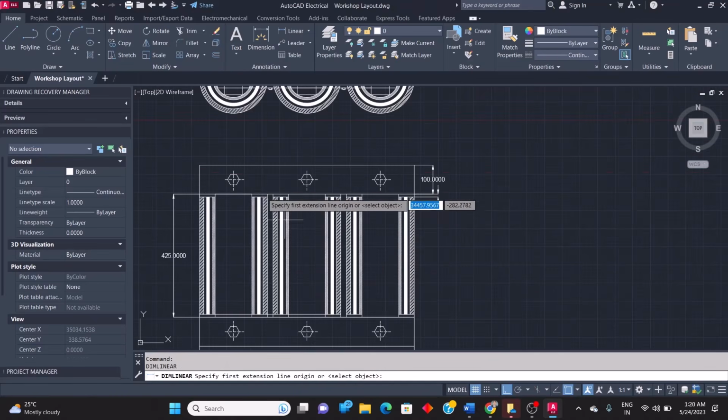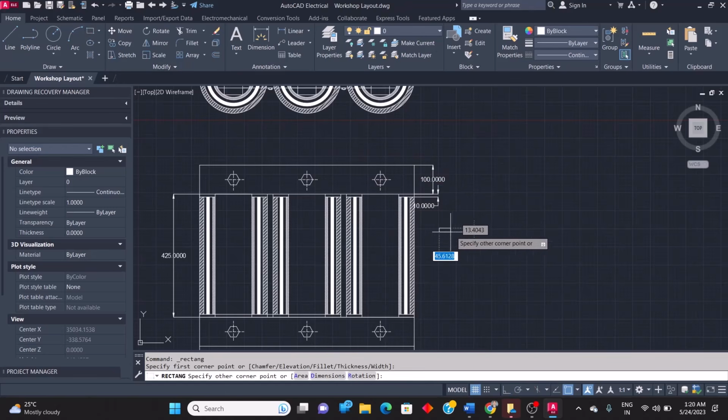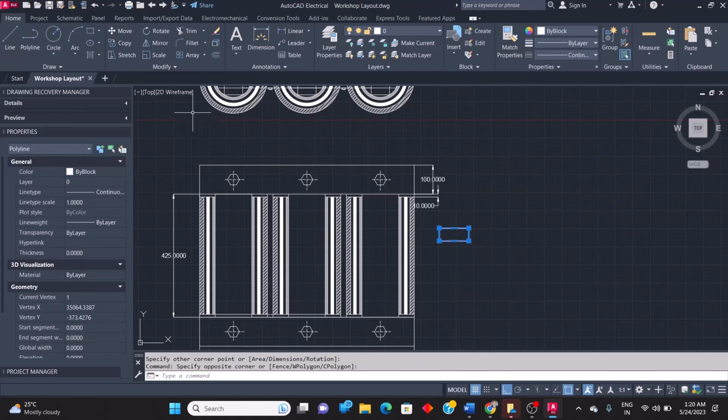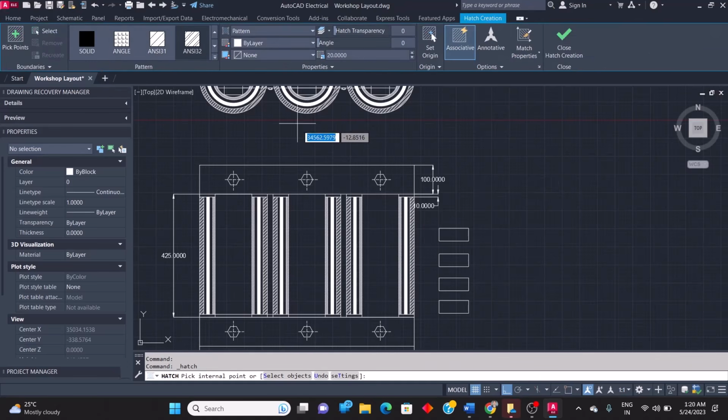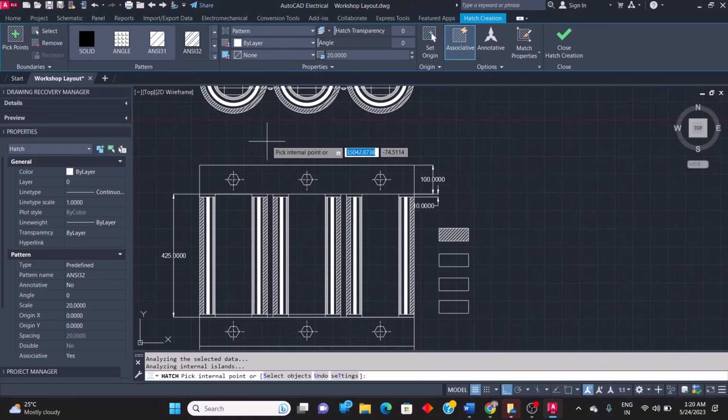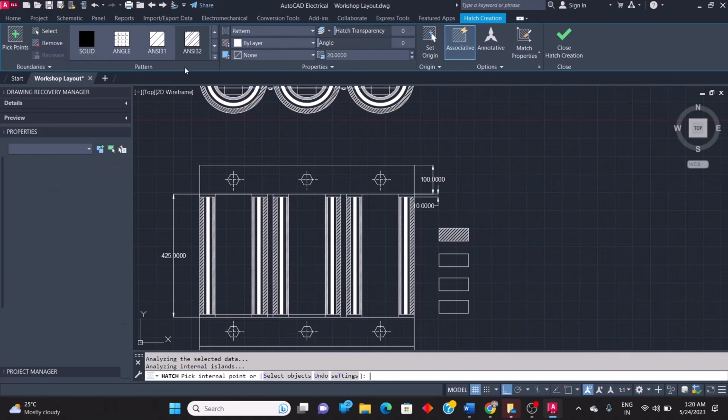Now we have to enter the legends. Legends in the sense labels, like which file has got what labeling or naming. So I'll just copy this, leave it, copy this, leave it, copy this, leave it. Next is what? Go to hatching, select double line, select